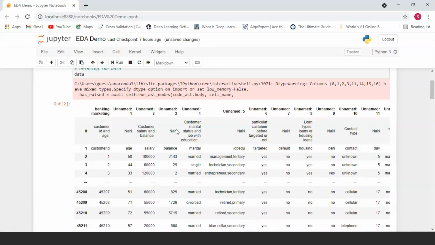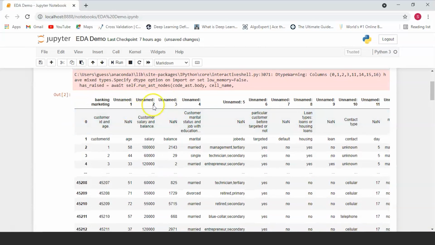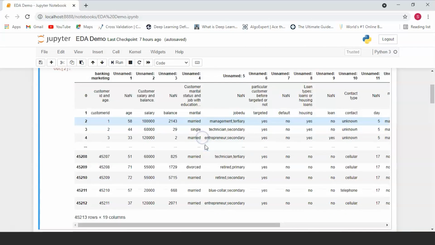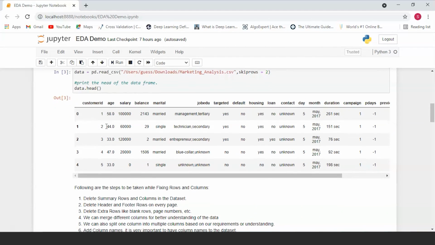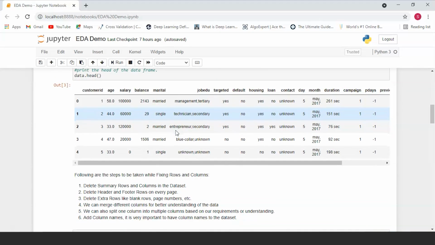As you can see, we've gotten rid of this top row, which has the column names, and the second row, which again has column names, but in a more fleshed out way. So here, instead of writing marital status, they've given 3 to 4 different words for the same column name. So we're just going to import our data set without the first two rows. Now our data looks so much better.